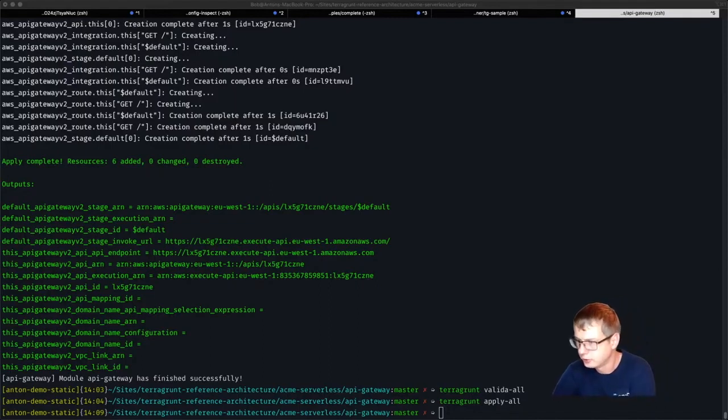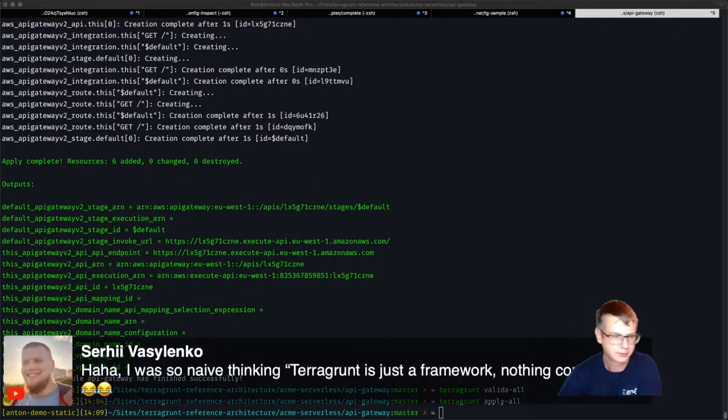Okay, do we have any other questions? Oh yeah, I forgot to highlight a comment by Sergey Vasilenko. So yes, Sergey was so naive thinking Terragrunt is just a framework, nothing complicated. Well, if you want to use a Terraform framework, you can do this. If you go to Google and search for Terraform framework, you will find something like TerraSpace, which started recently